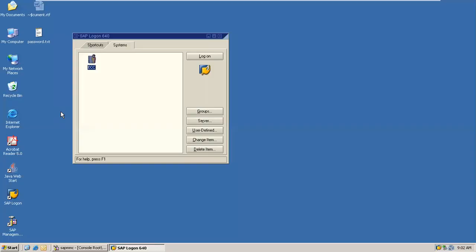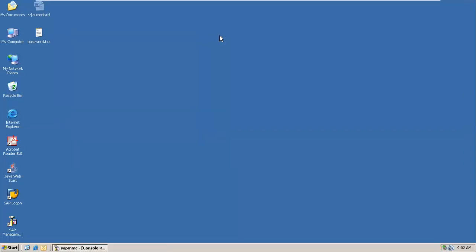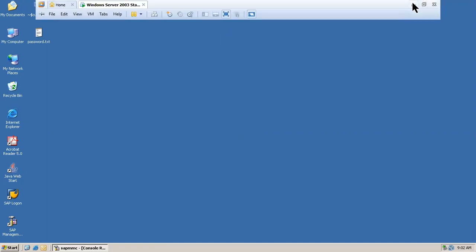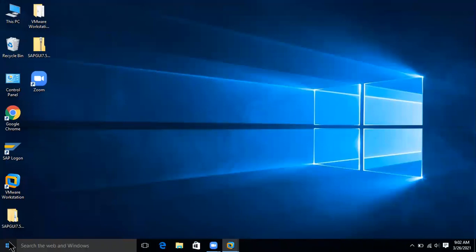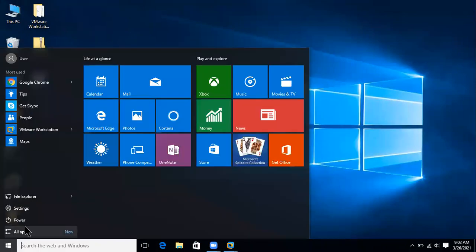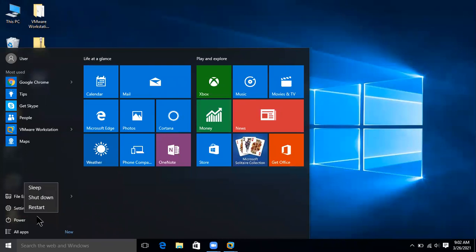Yes, I logged out of SAP. Close it. So let's say if you are frequently logging into the system and frequently practicing SAP, then you can minimize this here and keep it in sleep mode. Power sleep mode. Then you can give rest to your system, and maybe after 3 or 4 hours or after a day you can come back and log in again.